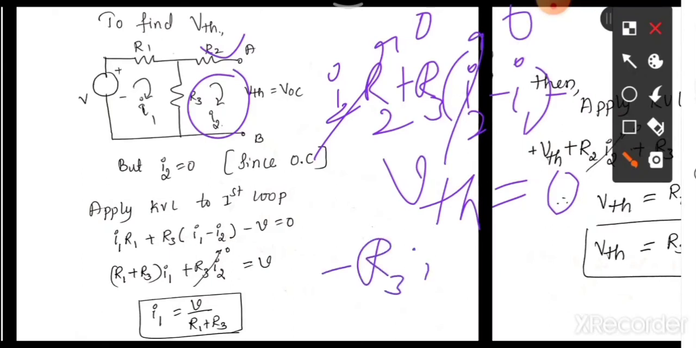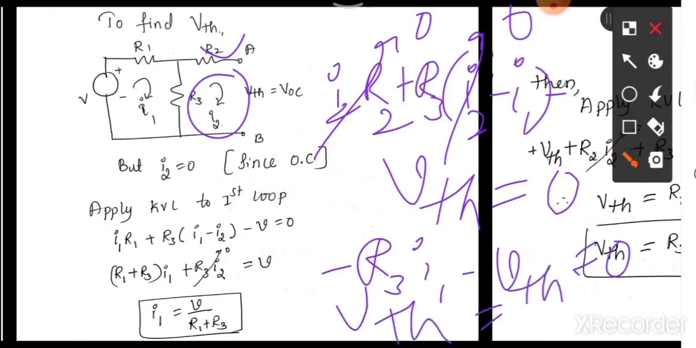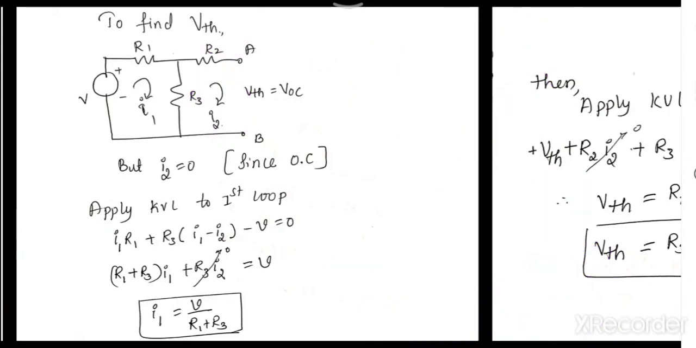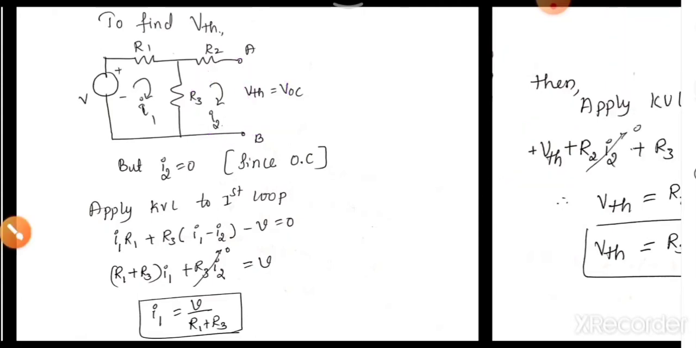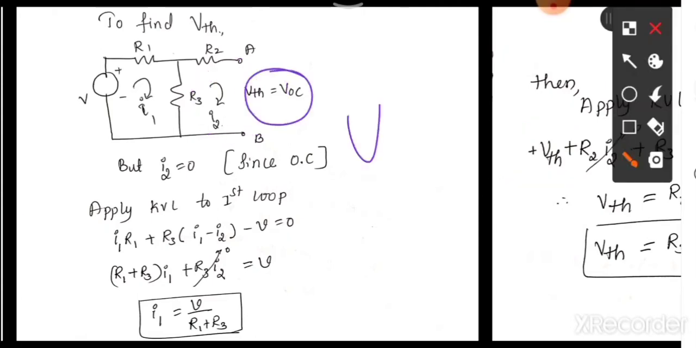Minus R3 I1 minus VTH equal to 0. So VTH is equal to, minus sign you can remove outside, or it will be minus R3 into I1. So what we can do is, directly in the second loop, without applying the KVL and all, you can write, if you have such networks, when there is an open circuit, what we can write is VTH, or voltage across this terminal, VOC will be equal to,